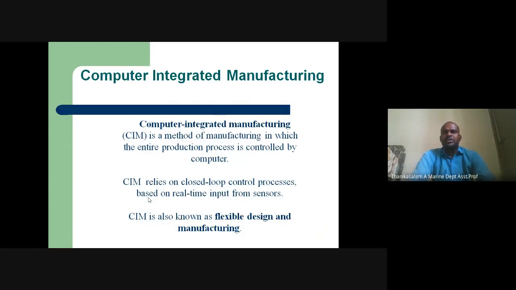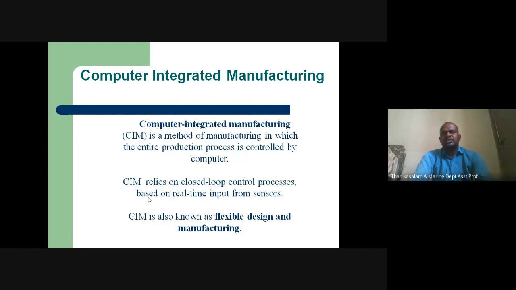Maybe fully automated or 50% automated. Nowadays industry is not fully automated. In India, no CIM industry is available except a few. Many are 50% automated. We send in raw material, and once you feed the raw material, it automatically comes out as the finished product. Everything travels automatically from one place to another. That is ASRS, automated storage and retrieval systems, and AGV vehicles.